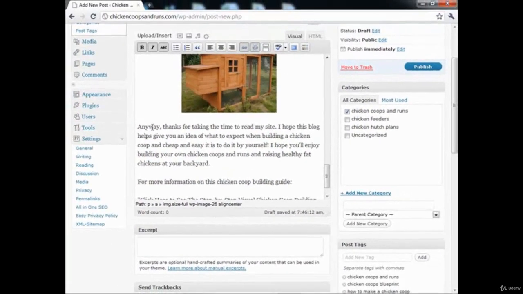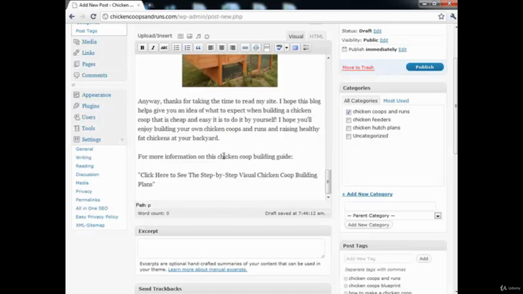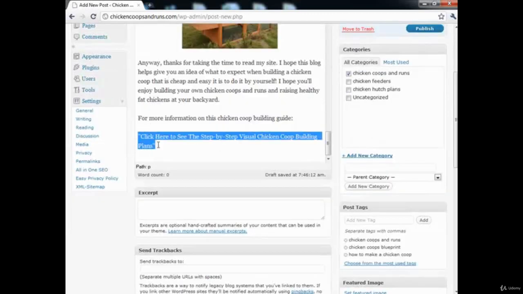Lastly, we conclude the pre-sale with, "Anyway, thanks for taking your time to read my site. I hope this blog gives you an idea of what to expect when building a chicken coop that is cheap and easy to do by yourself. I hope you'll enjoy building your own chicken coop and run and raising fat and healthy chickens in your backyard." At the end of this post, we'll have another call to action where we say, "For more information on this chicken coop building guide, click here." Remember to always end with a